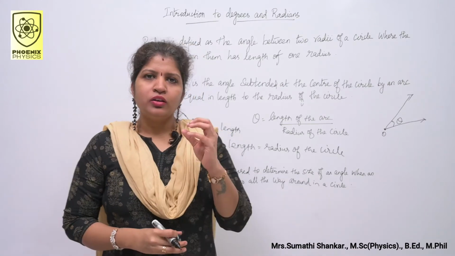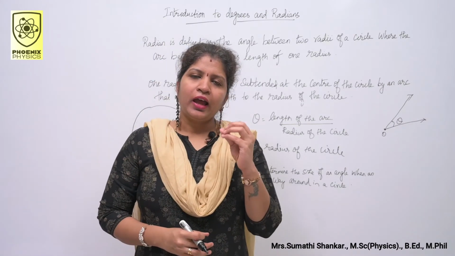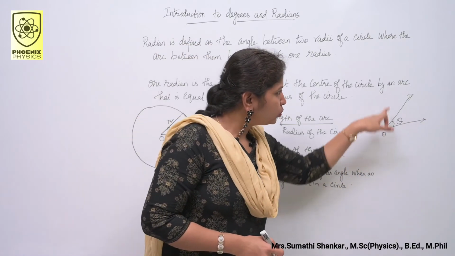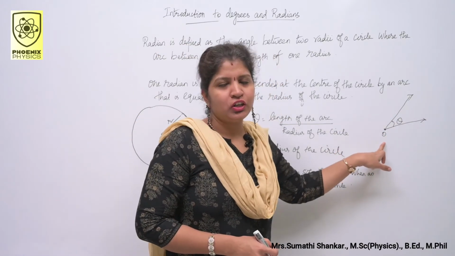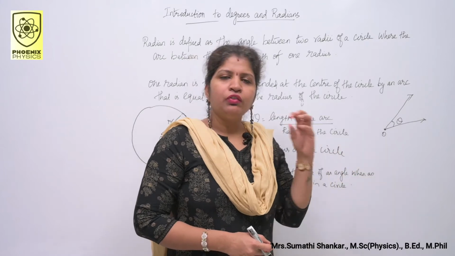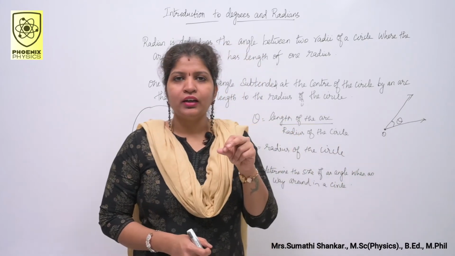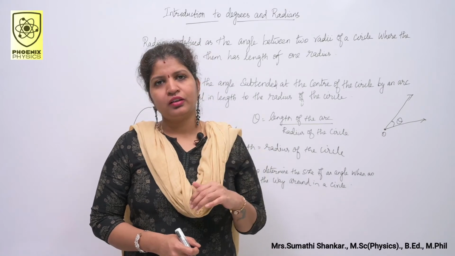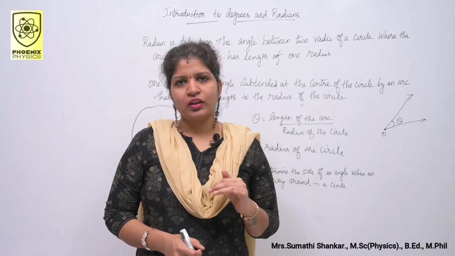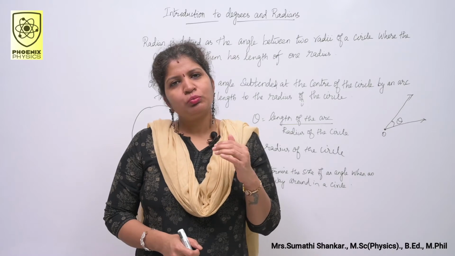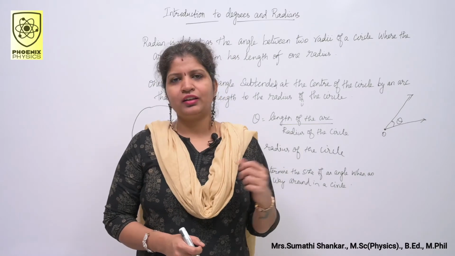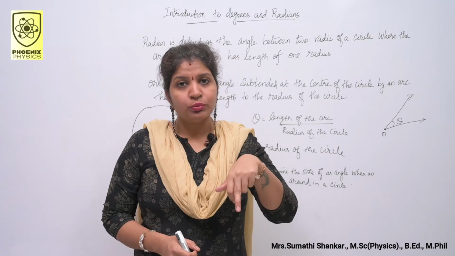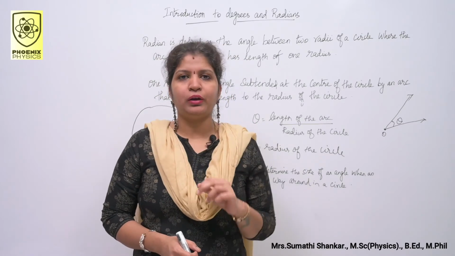Now, what is an angle? Angle can be defined as the figure formed by two rays with same initial point. If you want to measure the angle, you can use either degrees or radians. But in engineering and science, radians are much more convenient than degrees. You can use radians when you are looking at the object moving in a circular path.